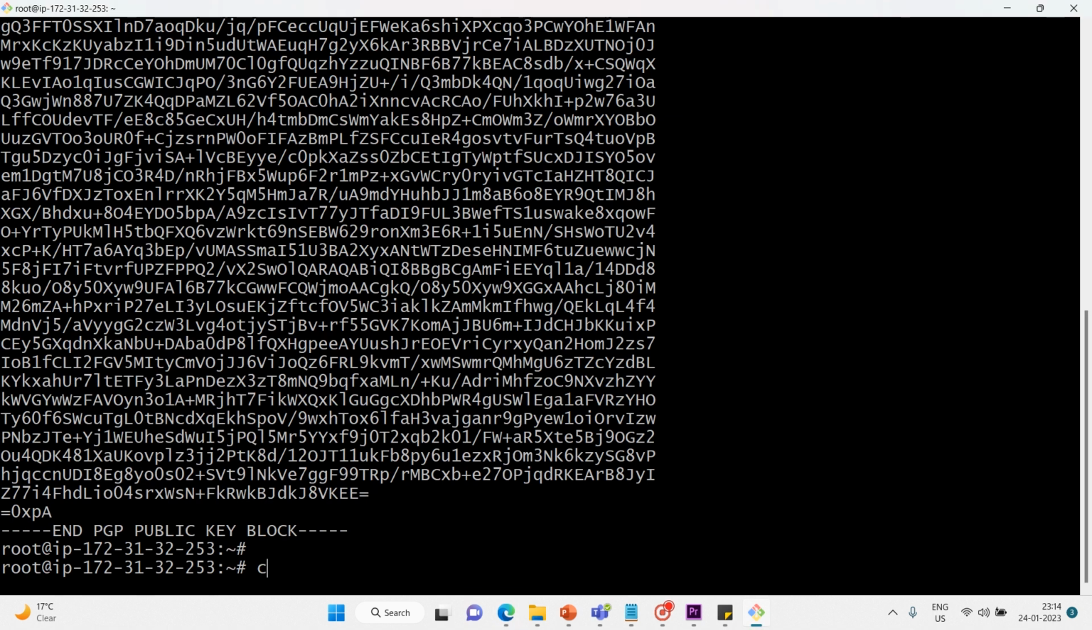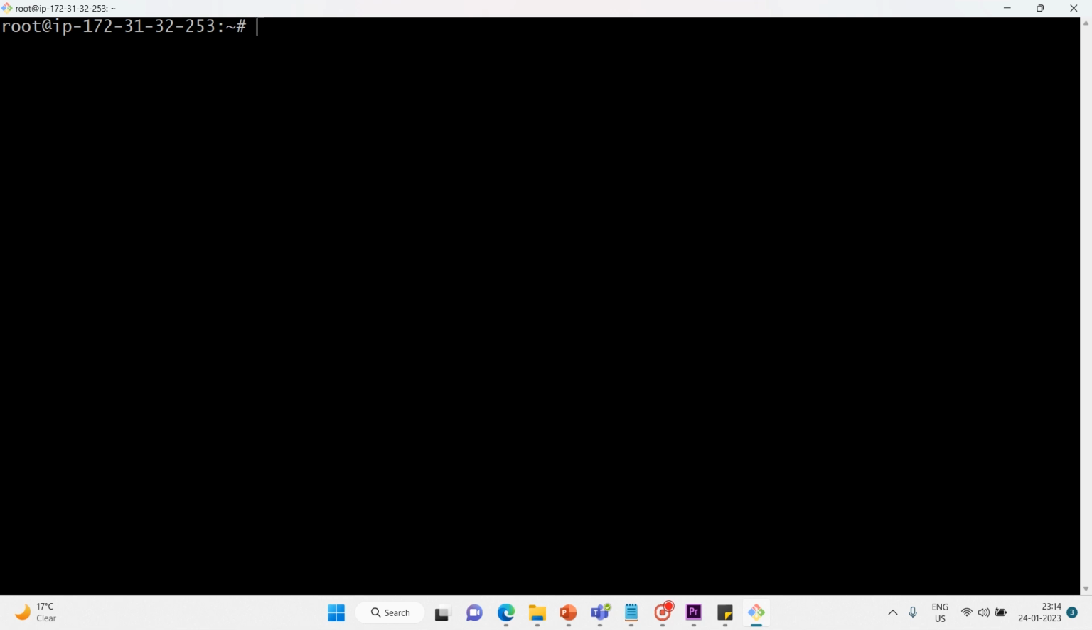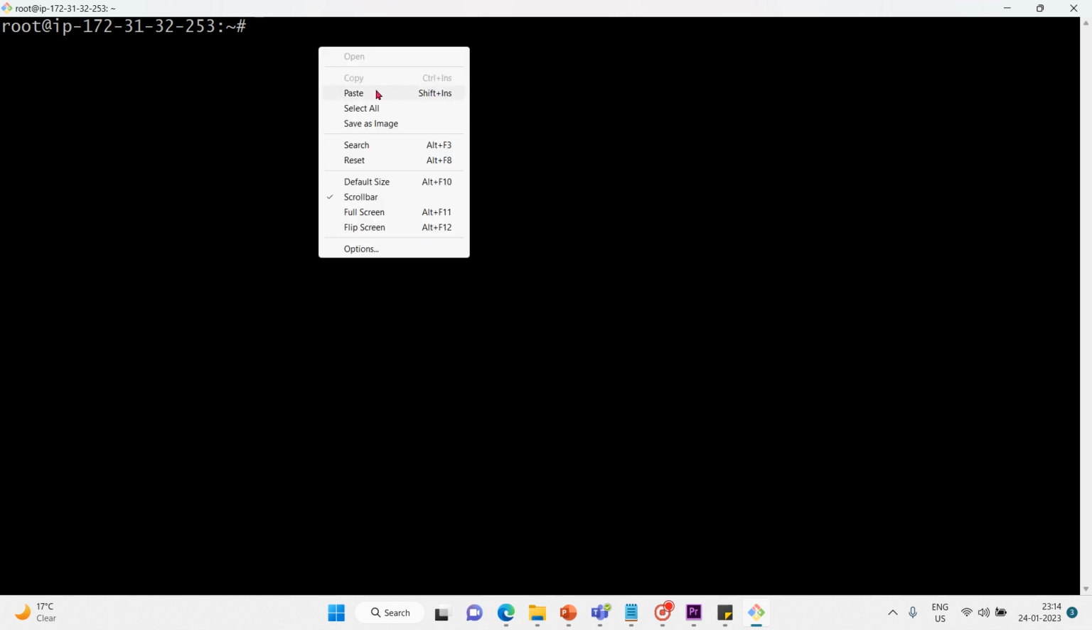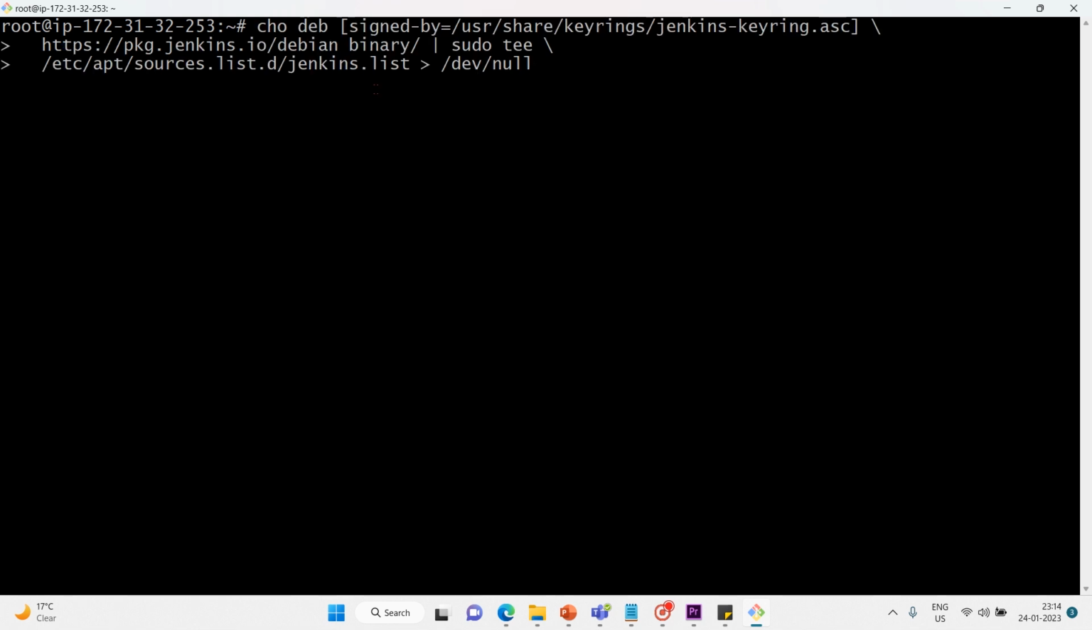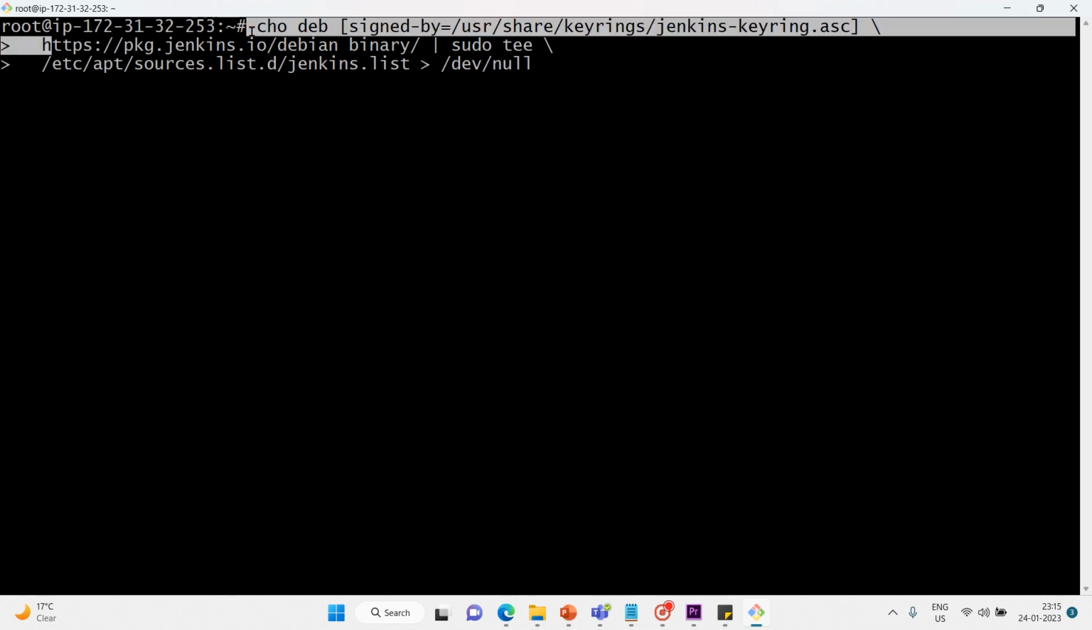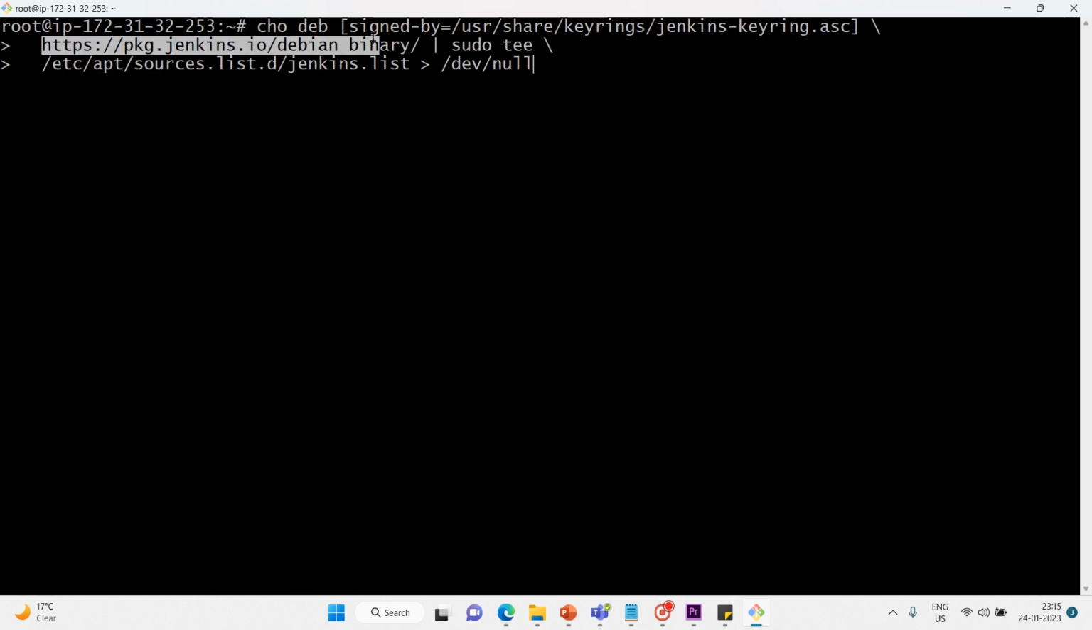So let me clear the screen first. Echo deb signed-by, you see that same directory where our PGP public key is present, and then this takes us to the next line, and here you can see again the same directory. So this time you are going to the binary. Whatever this key consists of will be given as input to this binary file, the Debian binary